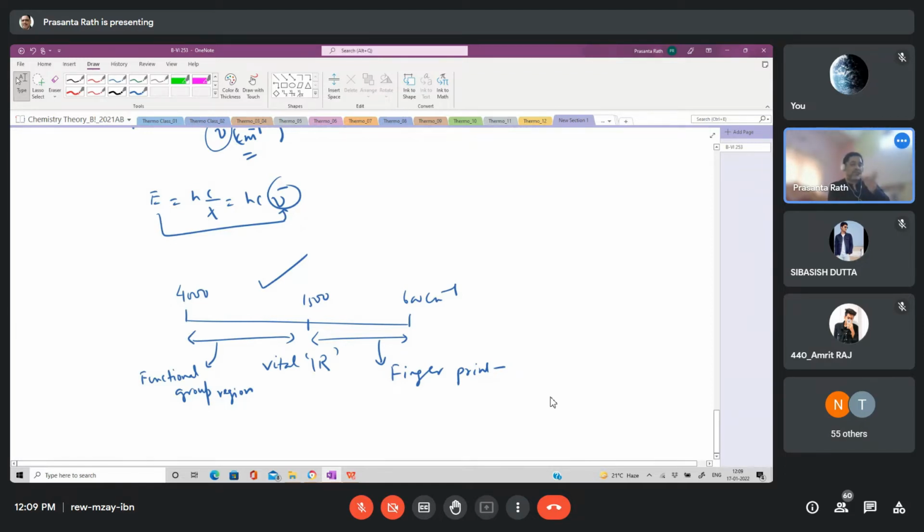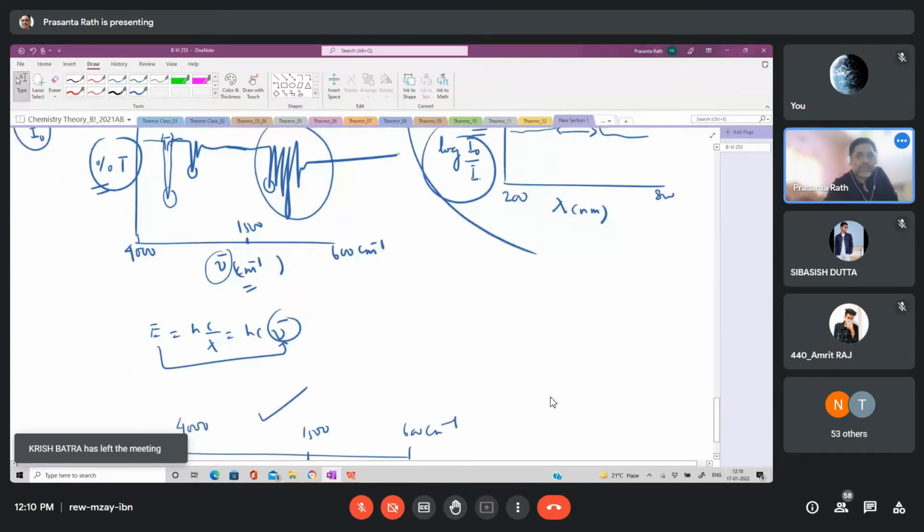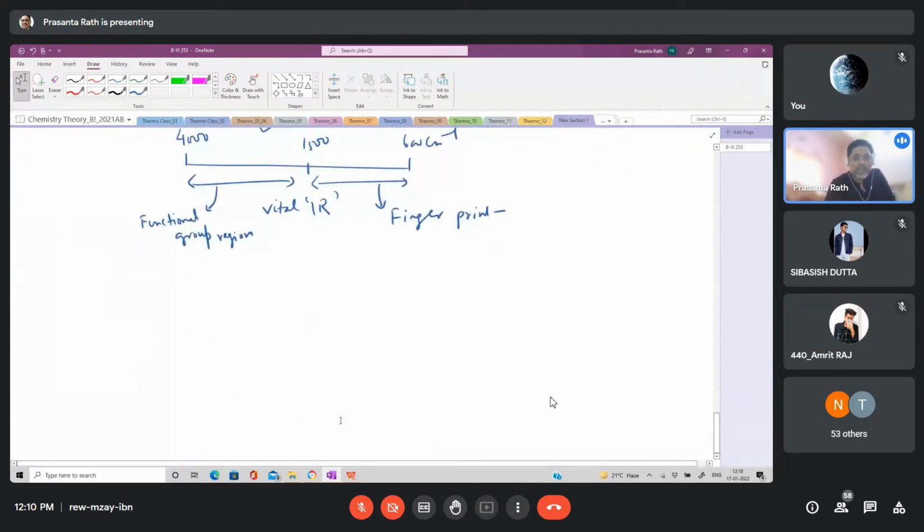हम लोग 1500 से ऊपर का जो रीजन है उसको यूज करते हैं, क्योंकि नंबर ऑफ पीक्स आप देखोगे 1500 से ऊपर बहुत कम होता है, शार्प होता है और कैरेक्टरिस्टिक होता है, जिसको हम यूज कर सकते हैं मॉलिक्यूल को आइडेंटिफाई करने के लिए या मॉलिक्यूल में कौन सा फंक्शनल ग्रुप है उसको आइडेंटिफाई करने के लिए. इसलिए उस रीजन में जो स्पेक्ट्रल पैटर्न होता है उसको हम कैरेक्टराइजेशन जोन बोलते हैं या फंक्शनल ग्रुप जोन भी बोलते हैं या डायग्नोस्टिक जोन भी बोलते हैं. ओके, सो दिस इज द ओवरऑल आइडिया ऑफ the IR plot and how it looks like and which region is